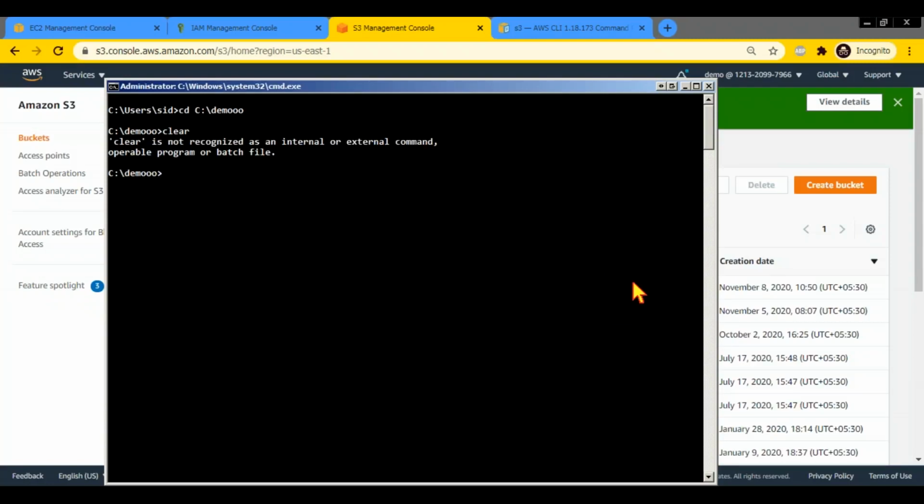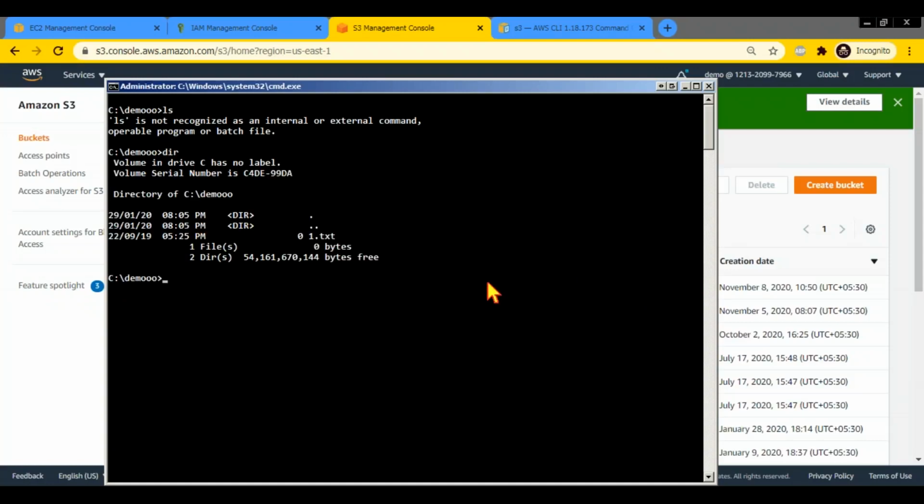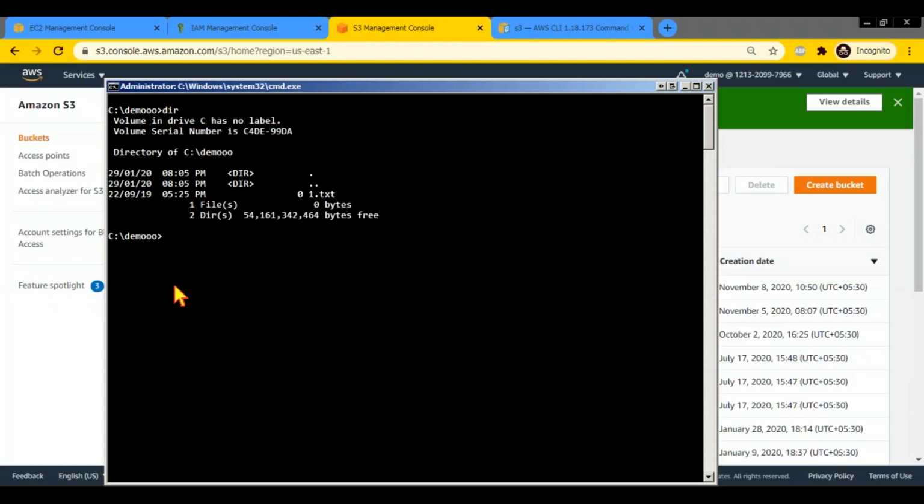Yeah, in this folder I have some Linux commands I keep using. Here I have a file called 1.txt, in this folder called demo on my C drive. Now say I want to upload this to my S3 bucket.